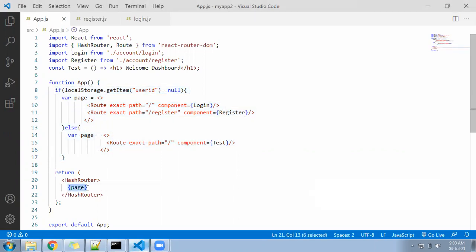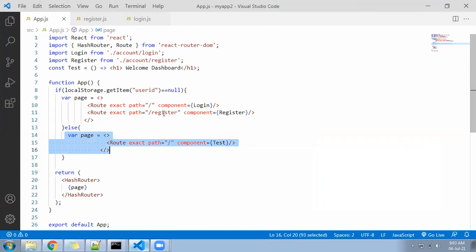So finally the question is, is the user logged in or not? There are two possibilities. If the user is logged in, what do you want to display? Do you want to display the login page again? No, we should not display the login page again. We should display something else. If the user is not logged in, then you should not display the dashboard.